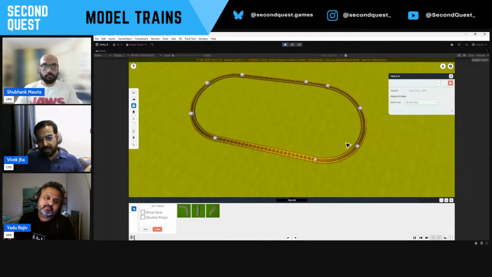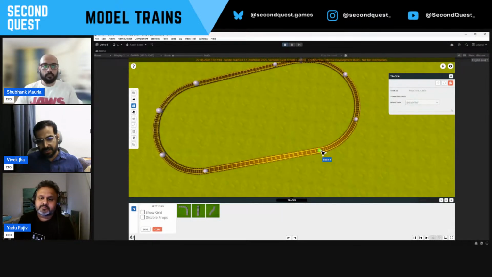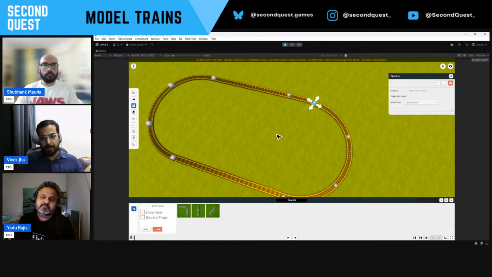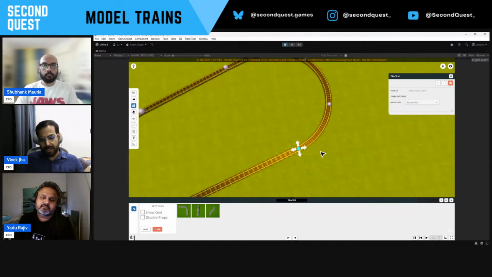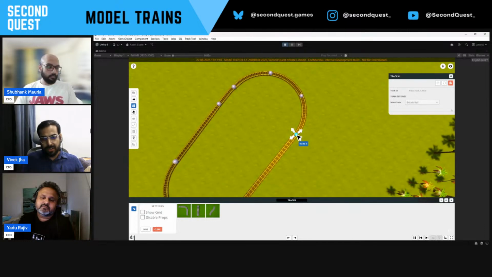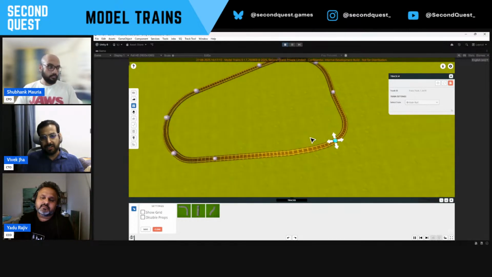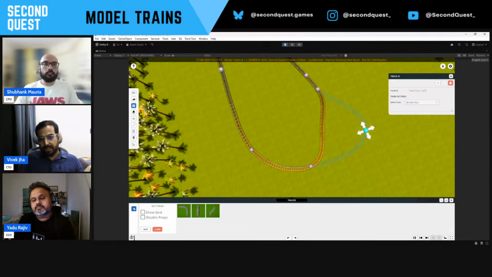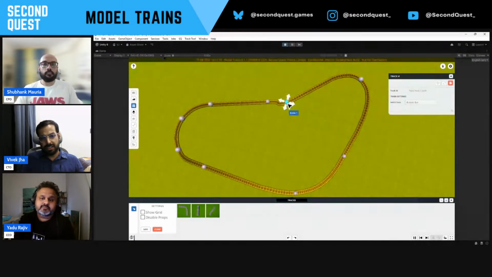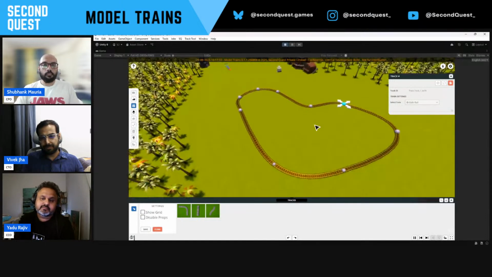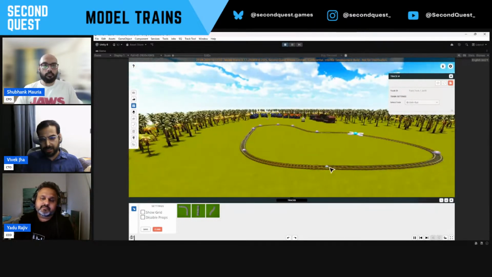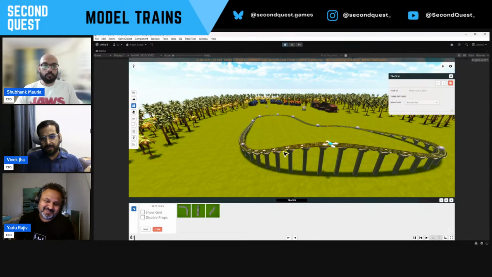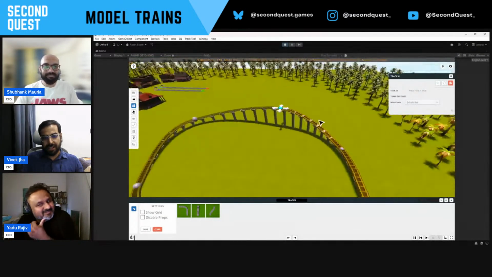Another major change with the new track system is this node system. You see this node gizmo, which was also available earlier, but the new thing that we have with this node system is now you can just drag them and you can see the entire track changing in real time. You can drag them however you want, just like this. And the best part is you can also move them in the y direction,